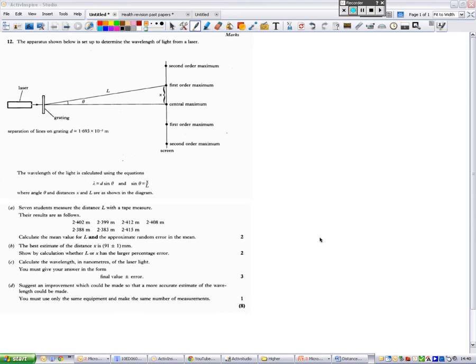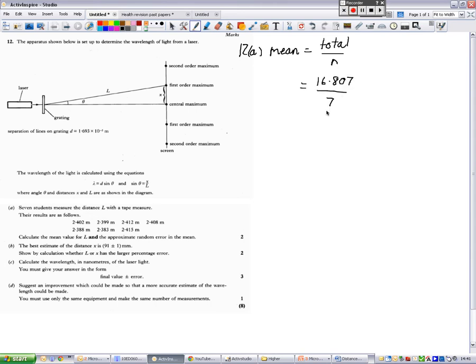So with a bank of results, they're always going to be different because of random uncertainties. So you basically have to calculate what the mean is and what the approximate random uncertainty is within that value. First of all, the mean is your total divided by n, which is your number of values. The number of values in this case is 7. If you total all those values up, you'll get 16.807 divided by 7 gives